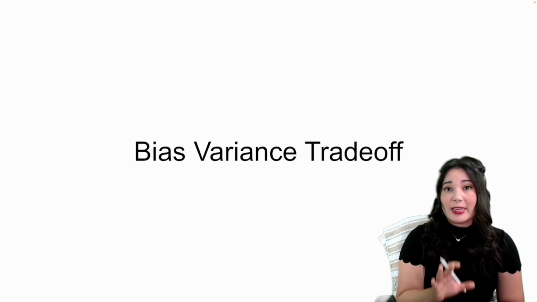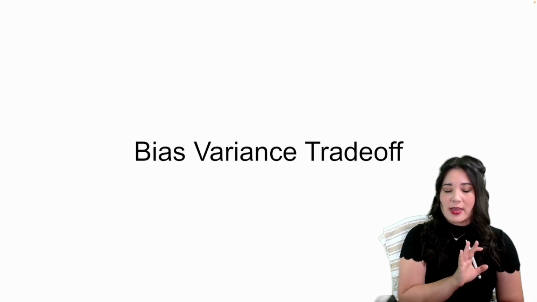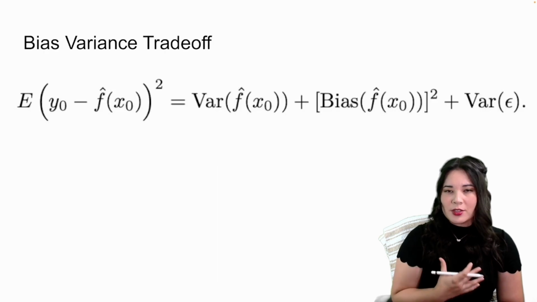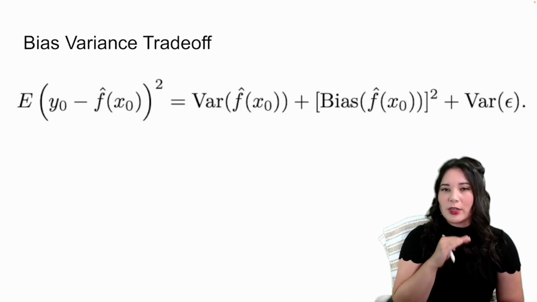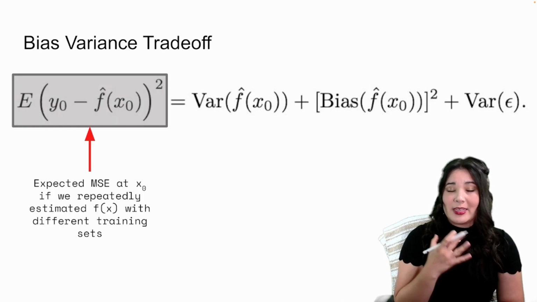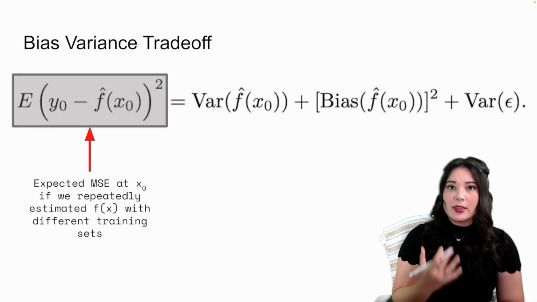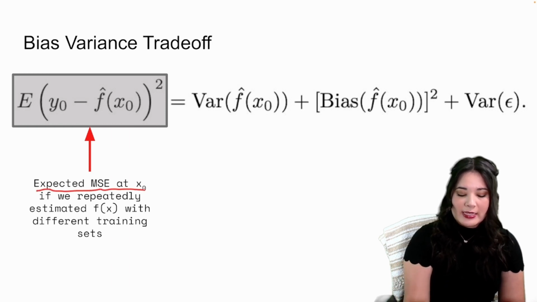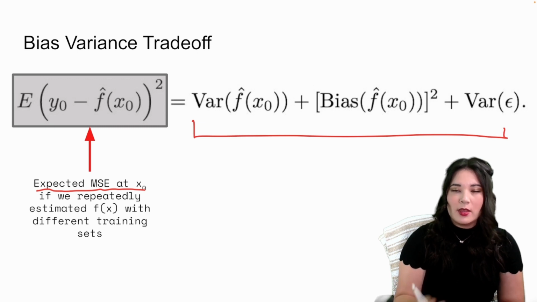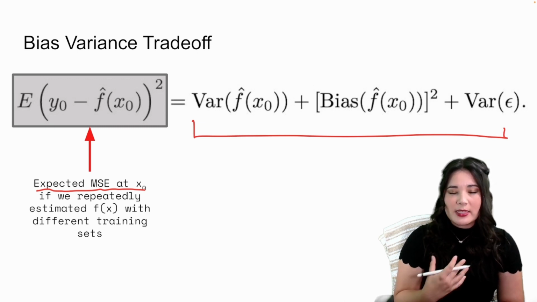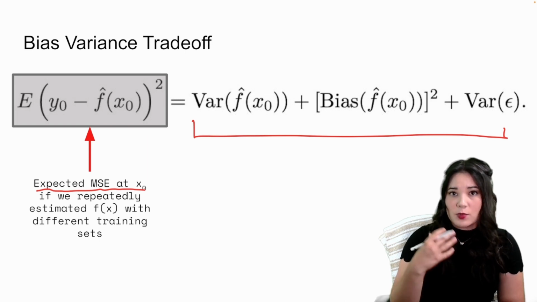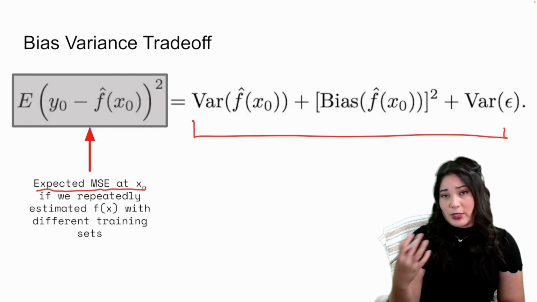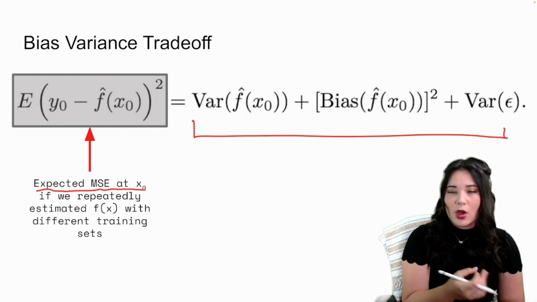Here enters the bias variance trade-off. And this is the thing that consumes all data scientists almost all of the time. Here on the screen, we have a pretty complicated formula, but we're going to break it down. This formula encapsulates the bias variance trade-off. This equation says that the expected mean squared error at a certain point is equal to this entire equation. The expected mean squared error for a point basically means if we fit different models with different samples of data over and over and over again, and then compared the prediction to the actual value x0,